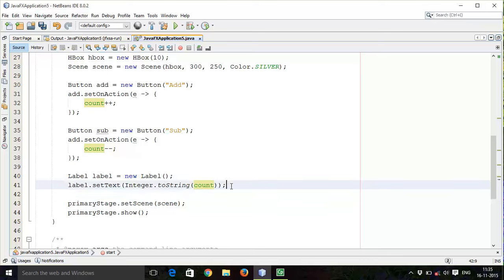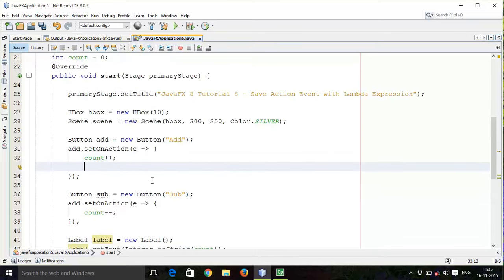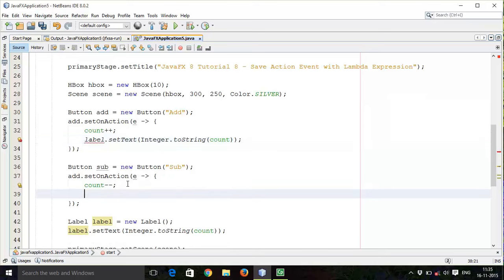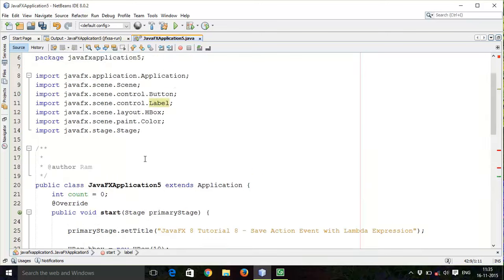Now add this to the add and subtract, so paste it here, again paste it here. So here this label is not accessible in this set on action method. So to overcome that error, declare this label outside the start method.